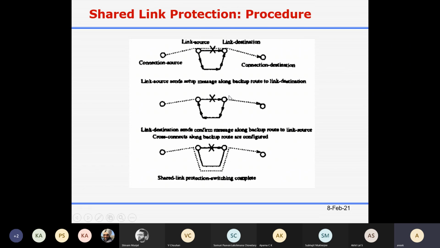Then you send a setup message here. In this case they have shown shared link protection, so you have to involve that reconfiguration cost also.